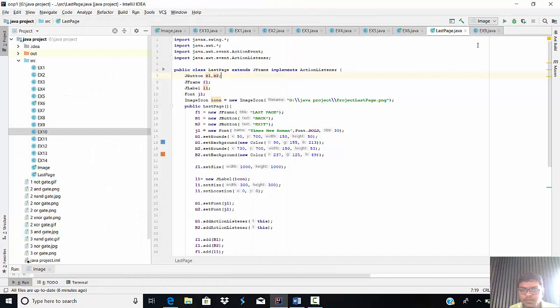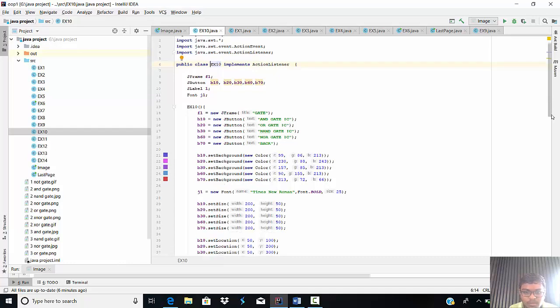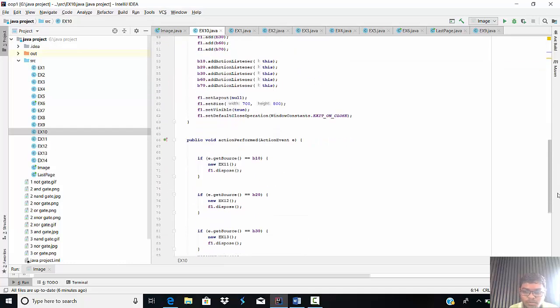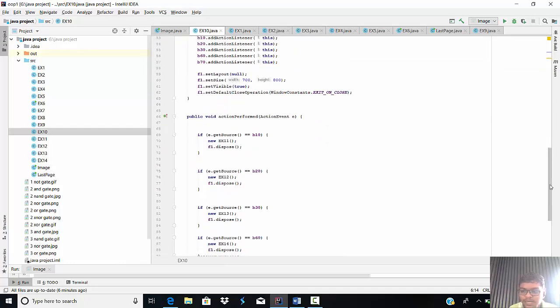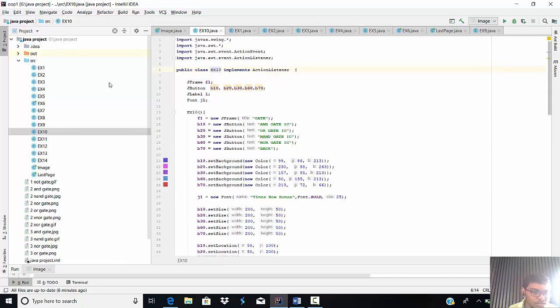This is my code. This code is for the 3 input. Choose any 3 input gate IC. This is the code, a similar kind of code as for two input.